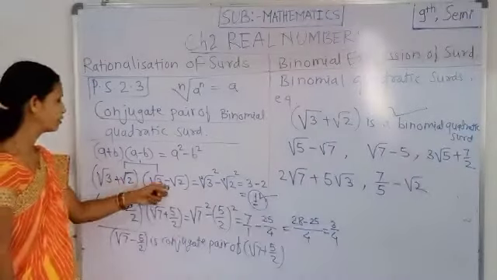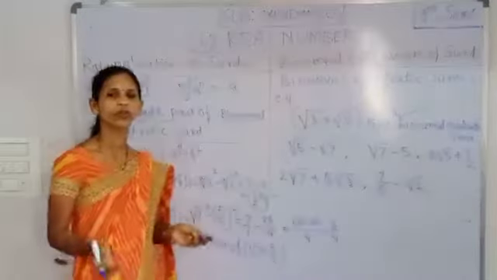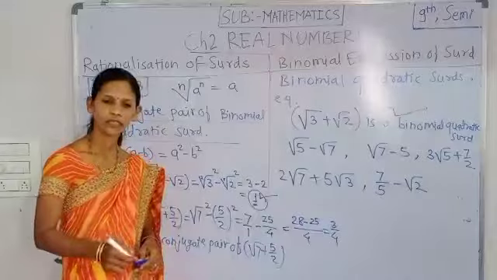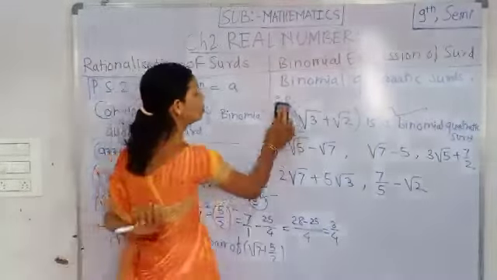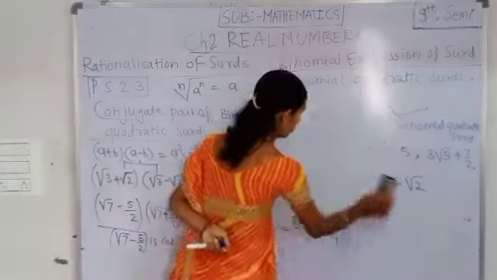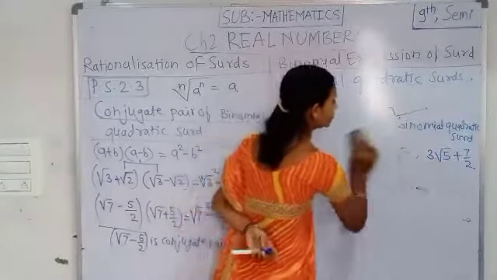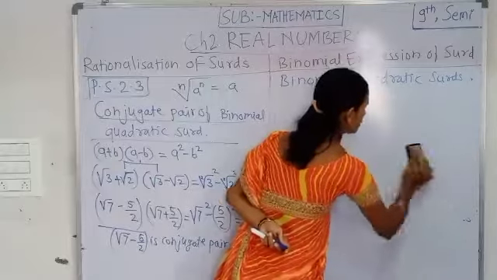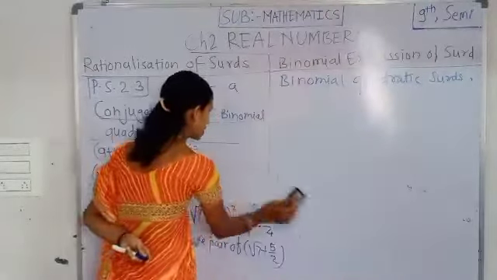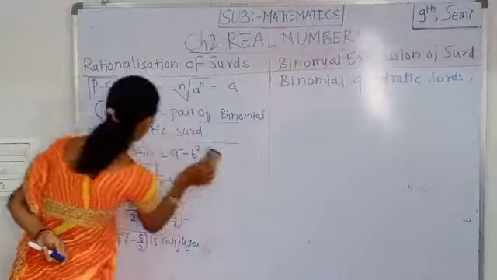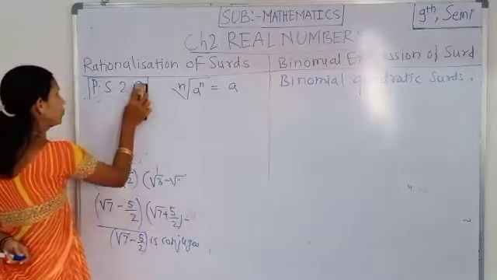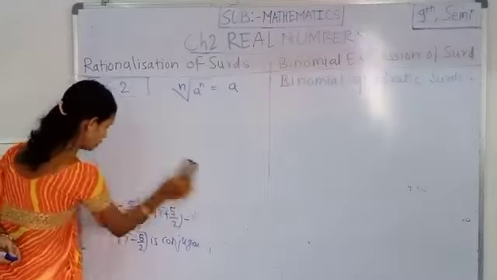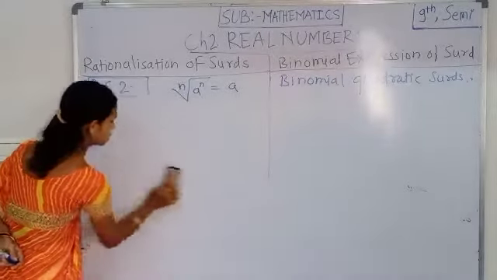That means those are the conjugate pairs of binomial quadratic surds, and those conjugate pairs are useful to solve a few examples which are based on rationalization of the denominator of given surds, and that type of examples are given in the practice set